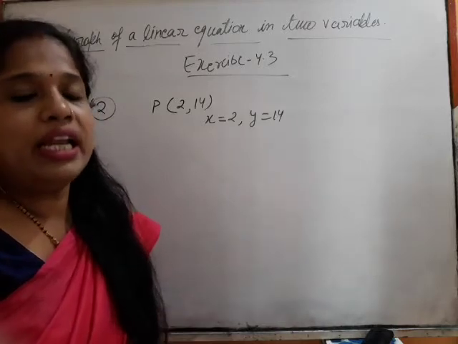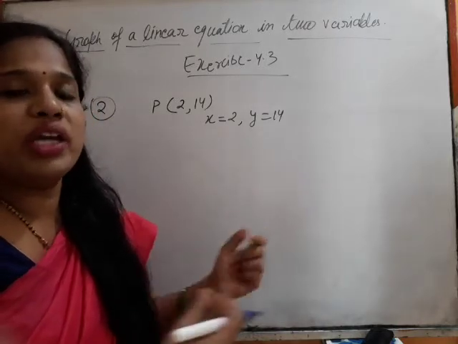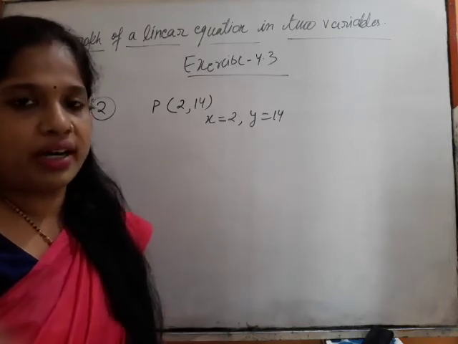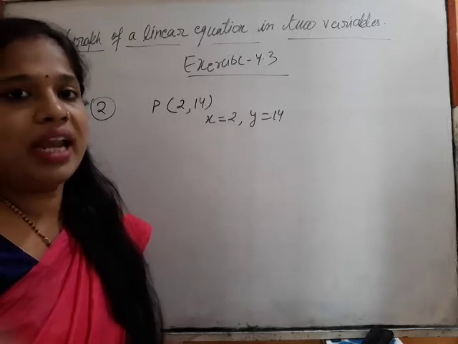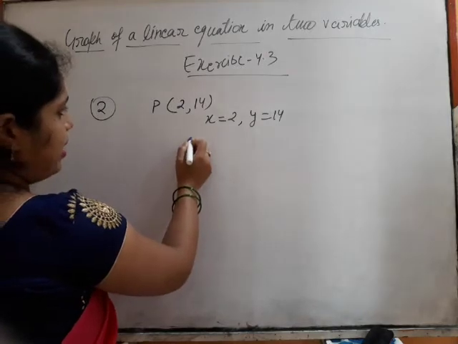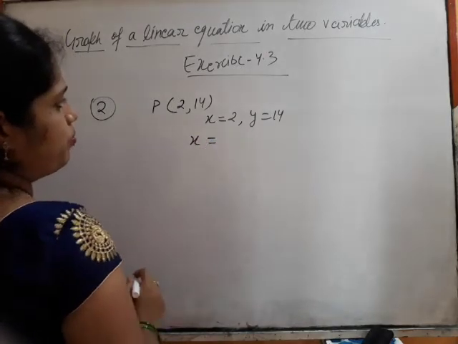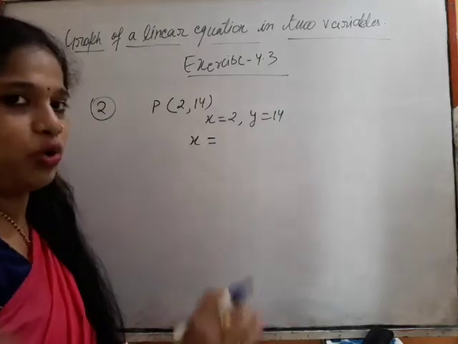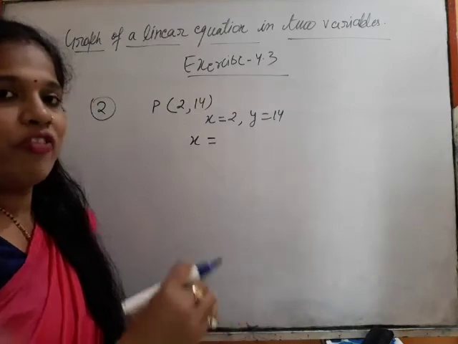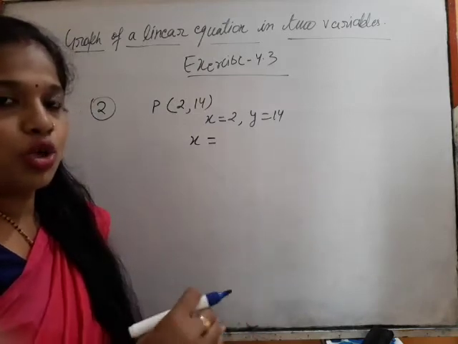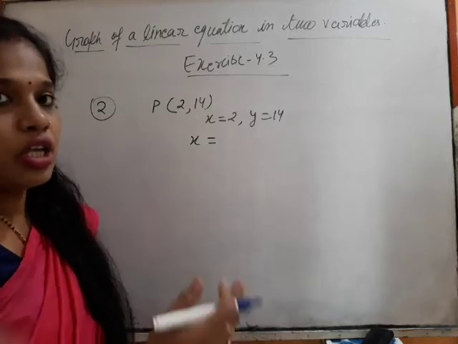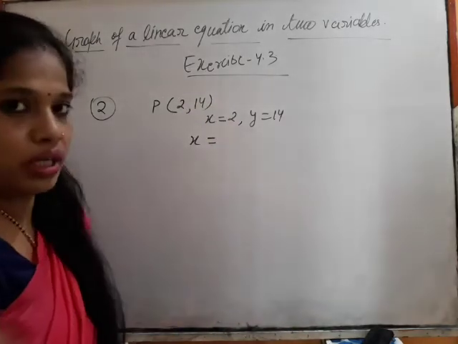To that we have to get equations. Here, in the question, they have asked for two equations. More and more equations we can get, I will explain how. Let us write only x equals 2. We have to get x equals 2 anyhow, which will include y equals 14 also. So what else do we have to multiply, divide, subtract or add, so that we get x equals 2 here?